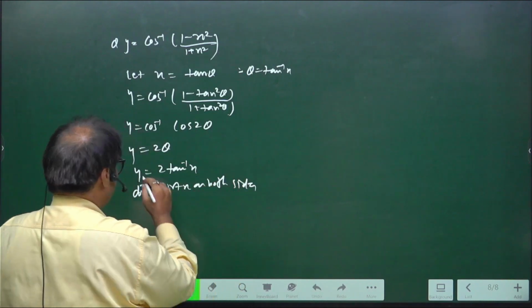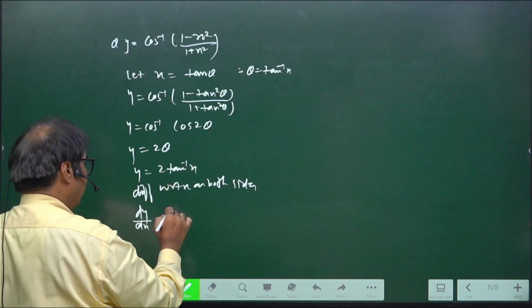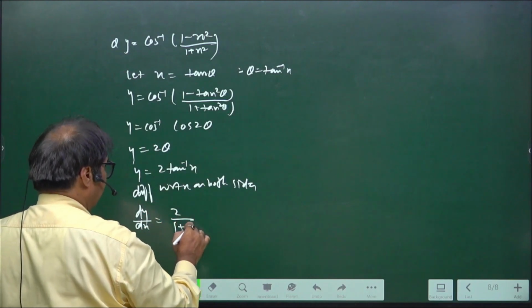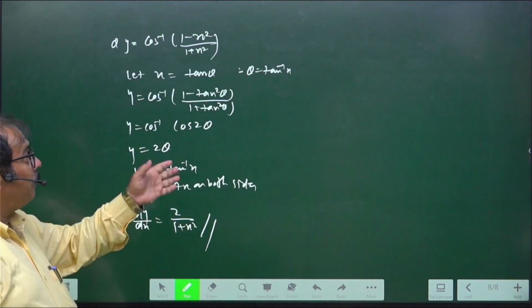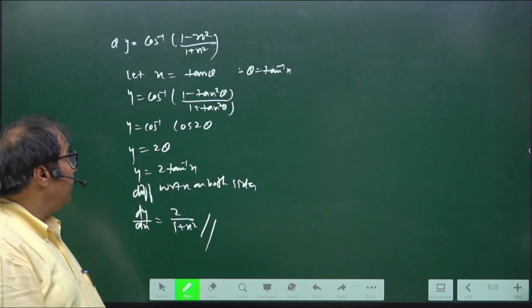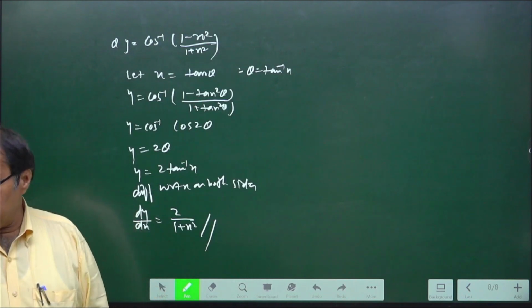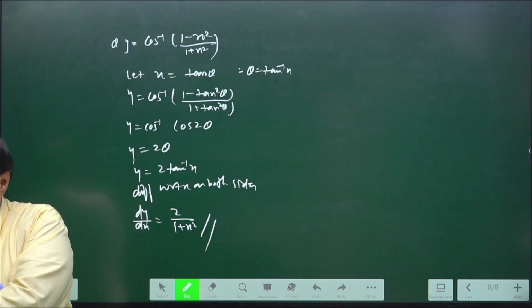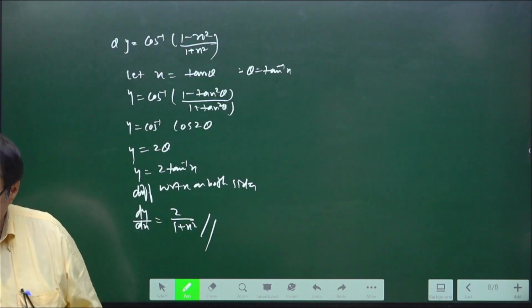So dy by dx is equal to 2 upon 1 plus x square. After applying the identity, the differentiation becomes easy, otherwise it would be lengthy. Okay. So another question I am taking,